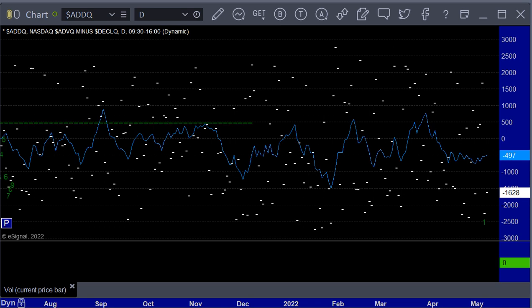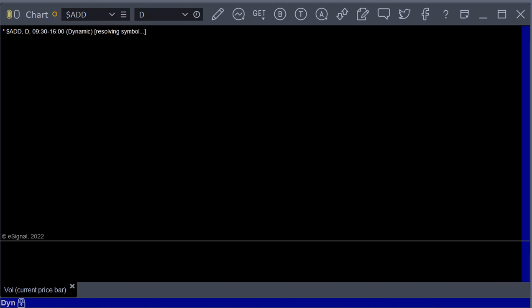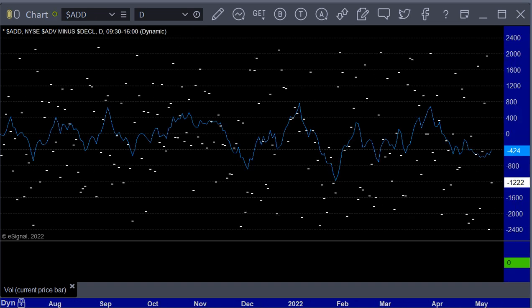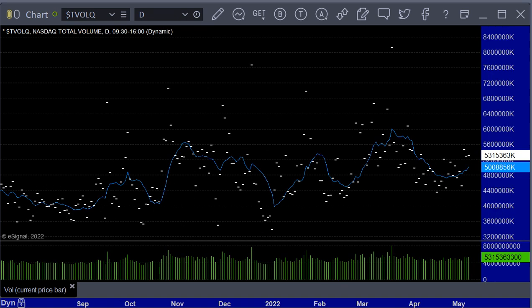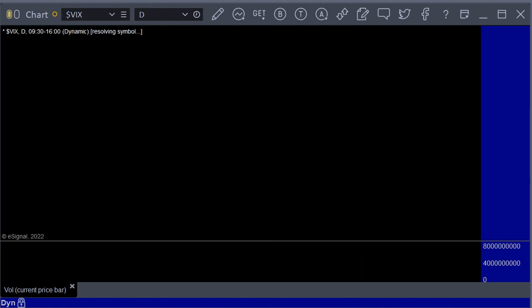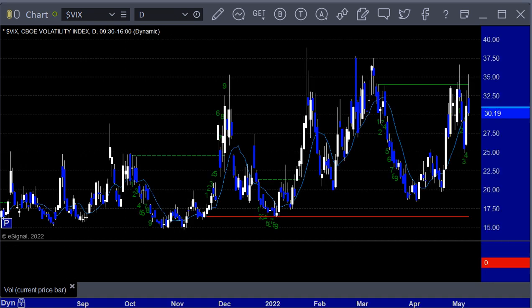Advance decline ratio on the Nasdaq was negative 1628. So more stocks down than up on the Nasdaq on Friday. On the New York, it's negative 1222. So that's not too great. Again, both sides, very bad breadth in the market. We got the volume 5.3 billion shares on Friday. It was also that on Thursday. So we'll see what we get for the rest of the week, but it's picked up a little bit as we head down as usual.